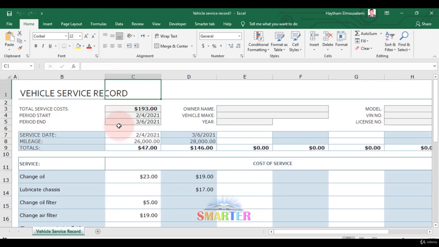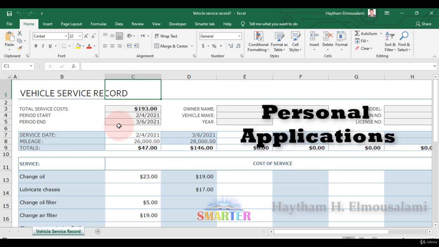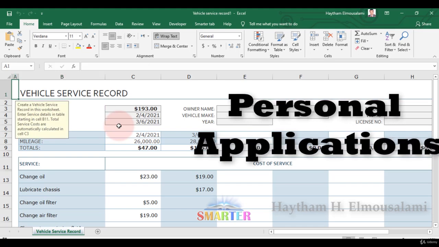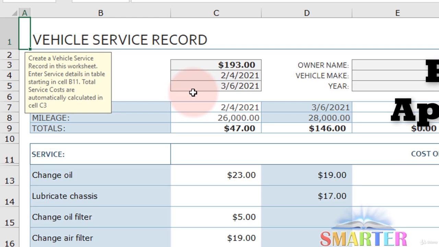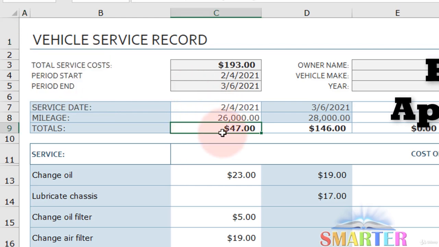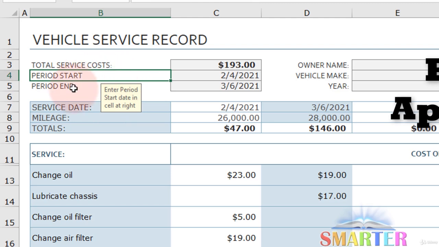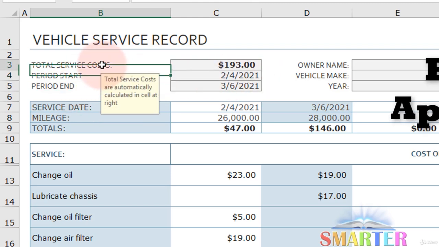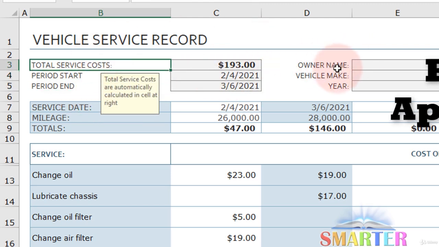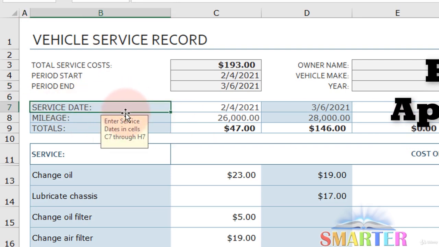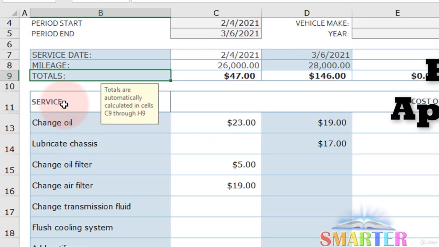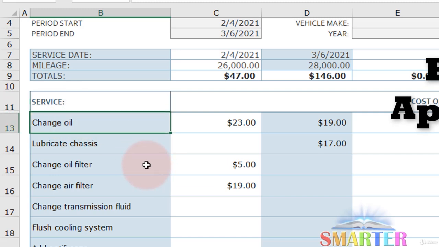Here we have the second template in this lecture about personal applications, and it's about the vehicle service record. So you use this template for recording and tracking the service status of your vehicle. Here you will find the period start and the period end of your total service and total service cost, owner name, vehicle name, year, model, and the license number. Also you will find the service date and totals, and you will find the services here: change oil,